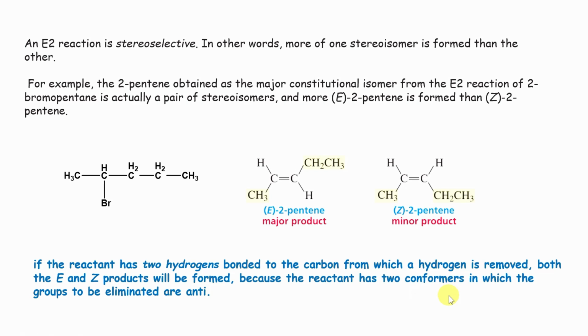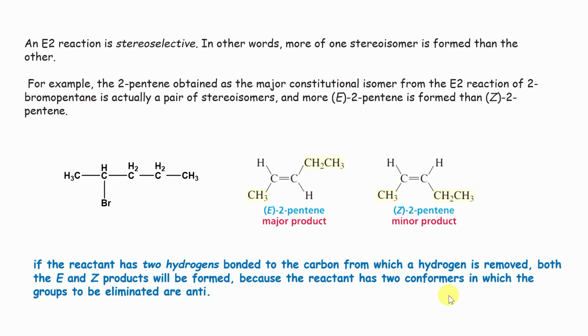That means if the reactant has two hydrogens bonded to the carbon, we will get two alkenes. One is obtained as the E product while the other is obtained as the Z product. This is the case if there are two hydrogens bonded to the carbon from which a hydrogen is removed within an alkyl halide, similar to